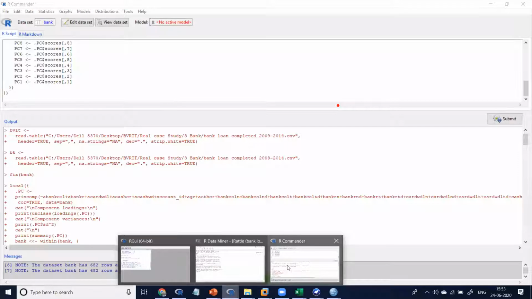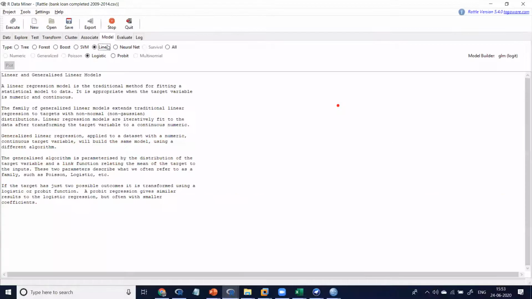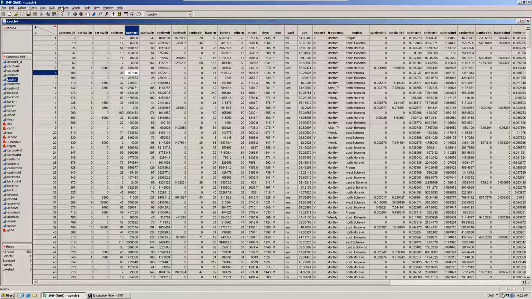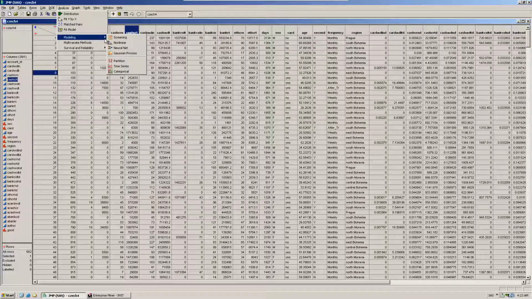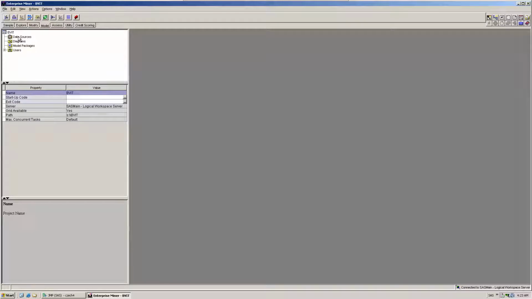Come to Rattle, select it, run it. Go to JMP, select the data, analyze it, modeling, run it. Neural network, run it. Come to Enterprise Guide, access the data, build a model. Now run the model, build the model.